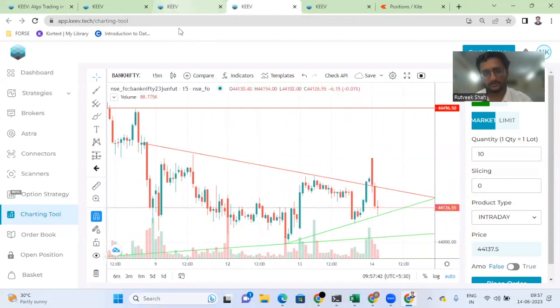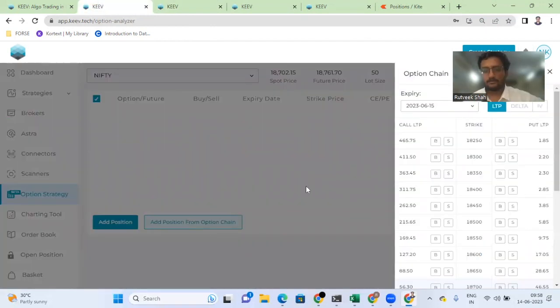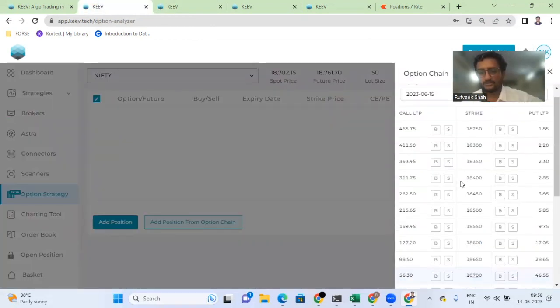We can play the range of Nifty and we can take a directional put sell position for Bank Nifty. Let's look at the option prices for the same. So for Nifty, we want around 18,800 and 18,750 range. Now from Nifty, as you can see from our option chain here, all these are live